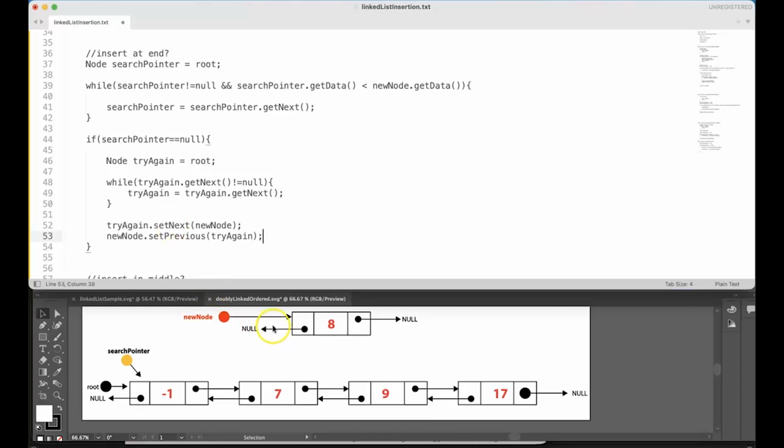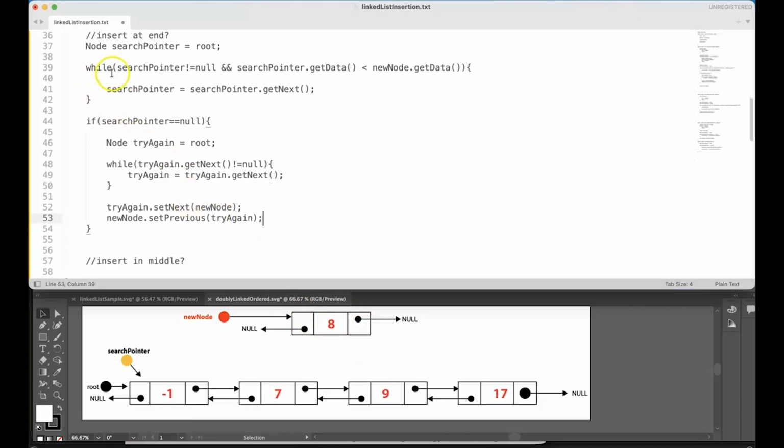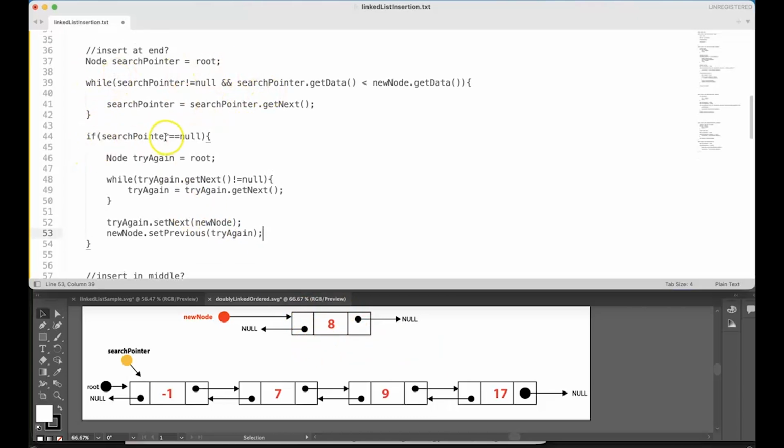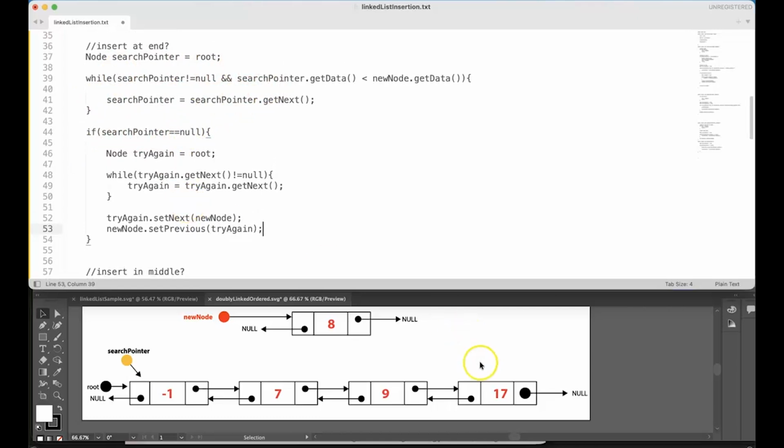Okay, we're pointing this back to this node here, and we're pointing this one to here, and this is now the last node in the list. Okay, so when we did that search, if search pointer is null, we need to go and get a reference to this node, else